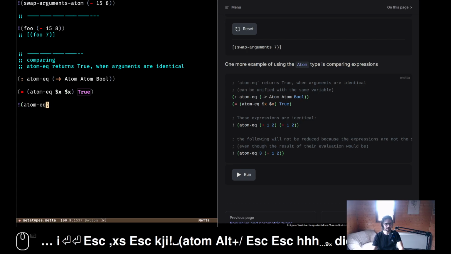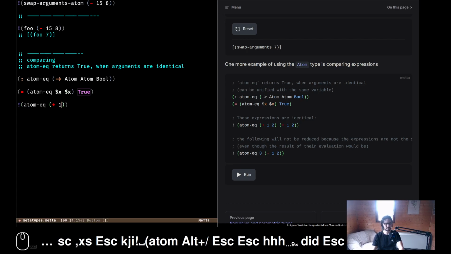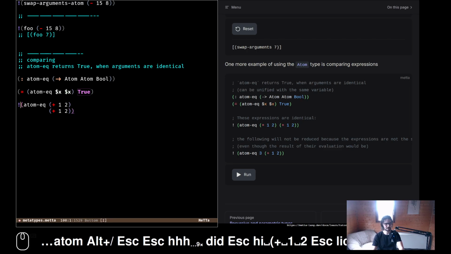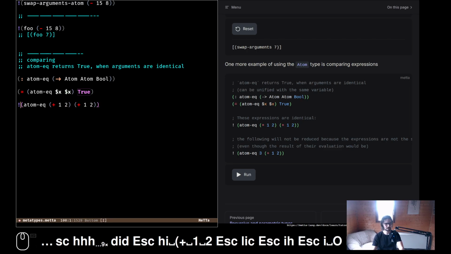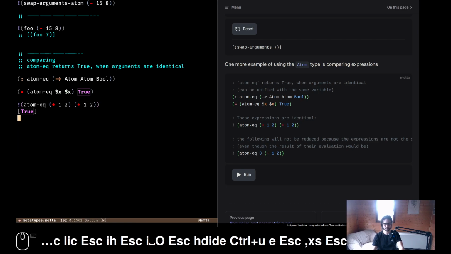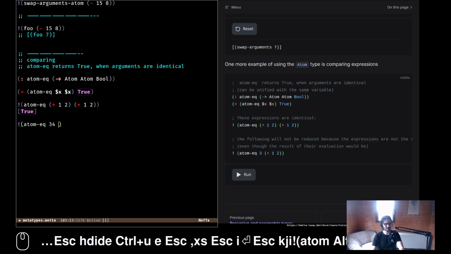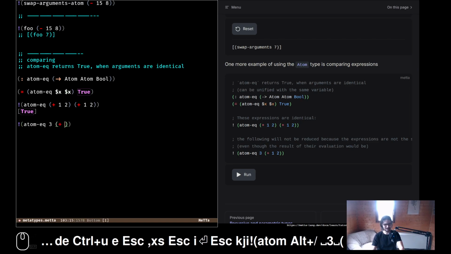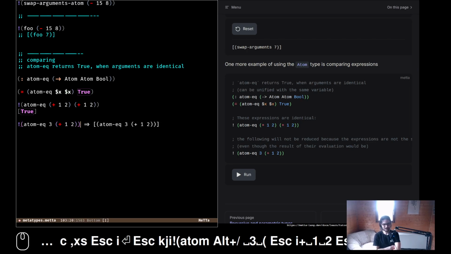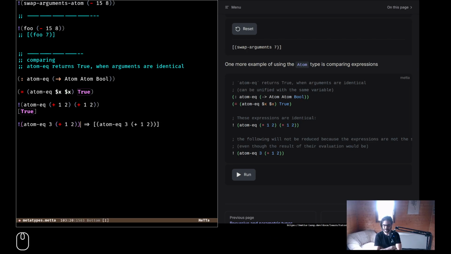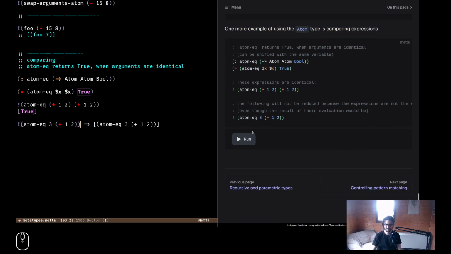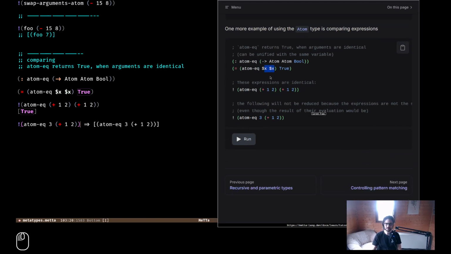Atom EQ. Okay, this is cool. And I just say things are cool every 20 seconds. Yeah, because nothing unifies where there are two X's here.